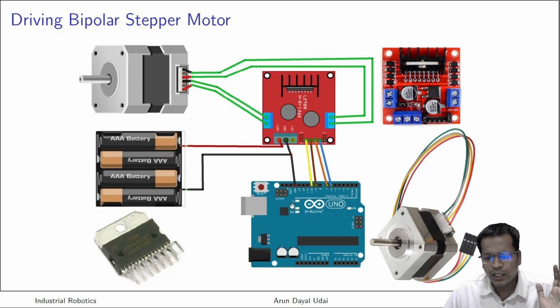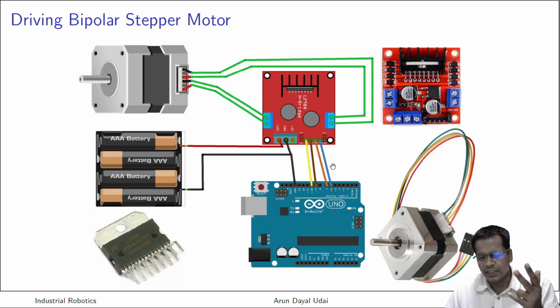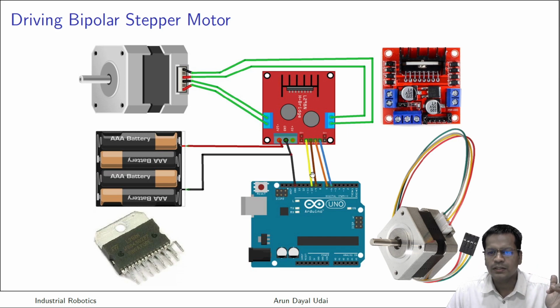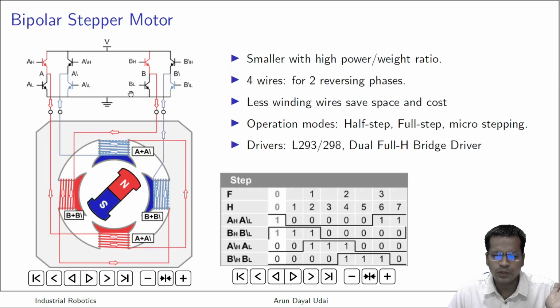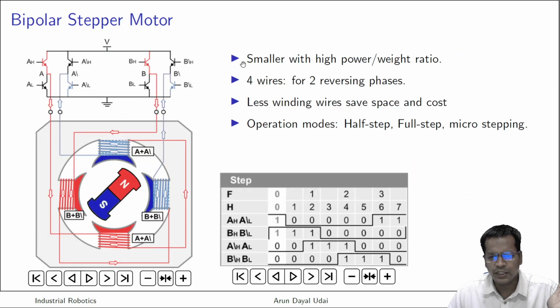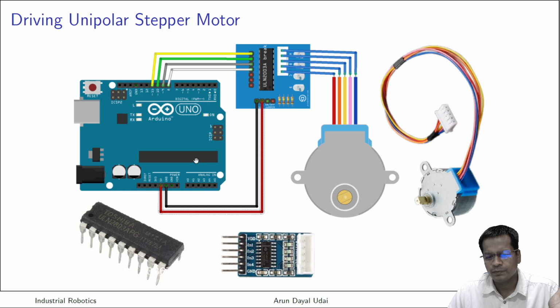Got it? But you will have to do programming. Programming, how to do switching, means you have to create a logic so that you can change the polarity accordingly. Got it? So that logic is there. There are ready-made libraries available for those who are not good at programming. They can download these libraries directly and use L298 to directly drive this H-bridge, this type of motors, bipolar stepper motors. You can buy a unipolar one if you want to be very simple in your approach. Got it? So this type of drivers are also available.